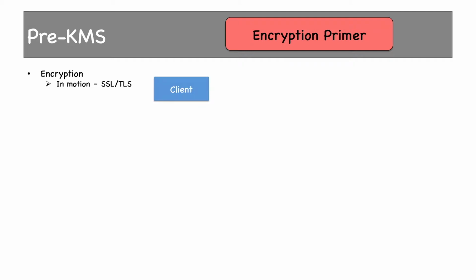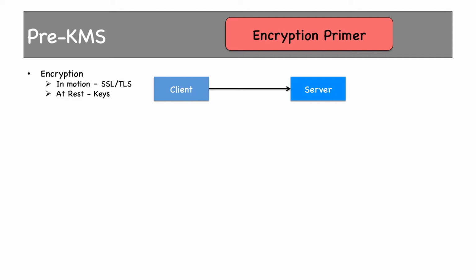Here we have a client that wants to send data to a server. This can be any server: a database server, file server, web server, or anything else. This is the data which has to be sent and it is sensitive in nature, let's say our credit card number. But as data travels over the internet, there's a high chance that your credit card number can go into the wrong hands. So before sending, this data is encrypted and then sent over to the server. As you can see, data which was in motion was encrypted.